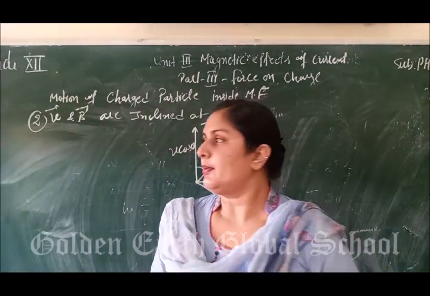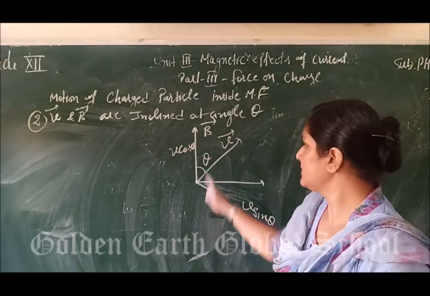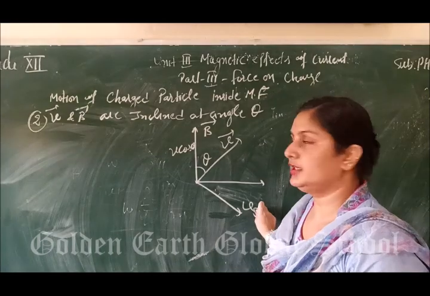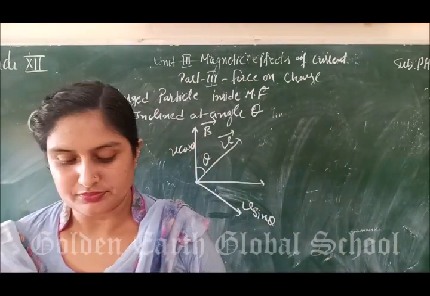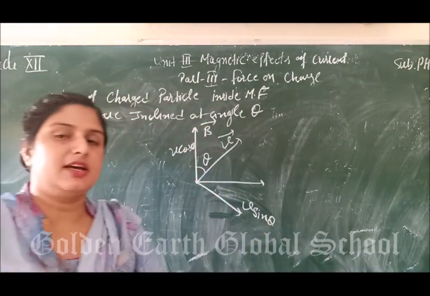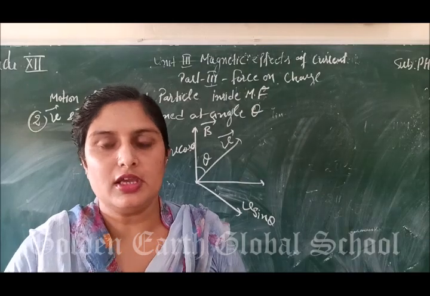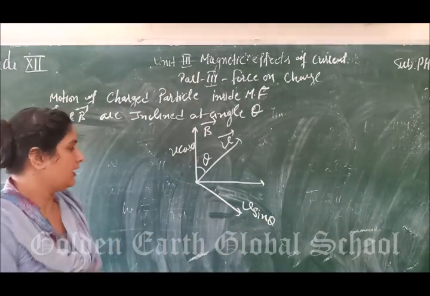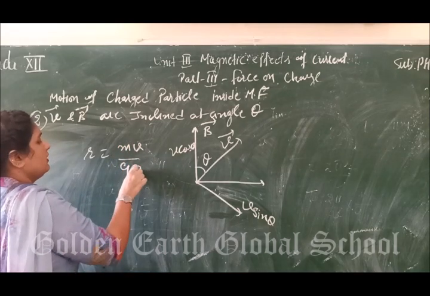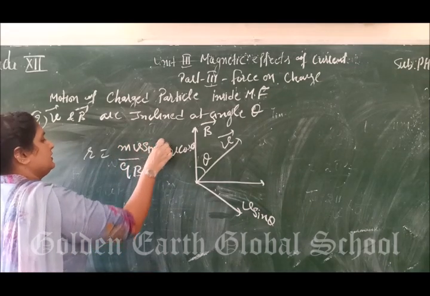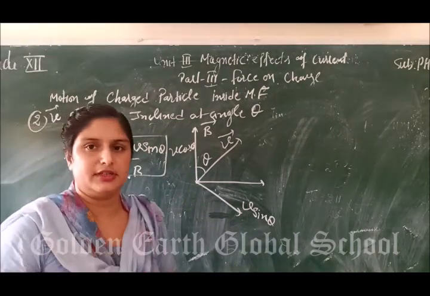when the particle is moving perpendicular to the magnetic field, the path will be circular. So due to the component V sin theta, the particle will start to move in a circular path. Now in the last article where we used V, we are going to replace that by V sin theta. So we calculated r is equal to mv upon qB. Now I am writing here V sin theta. So the radius of the circular path will be m v sin theta upon qB.